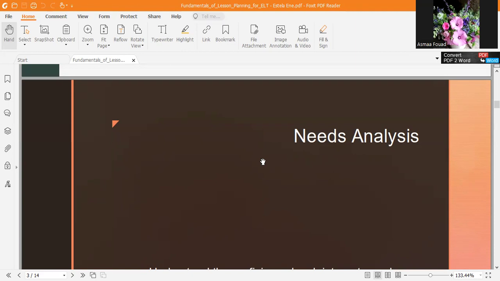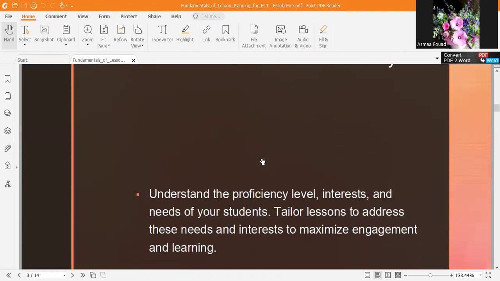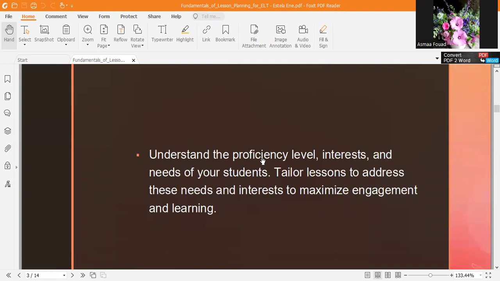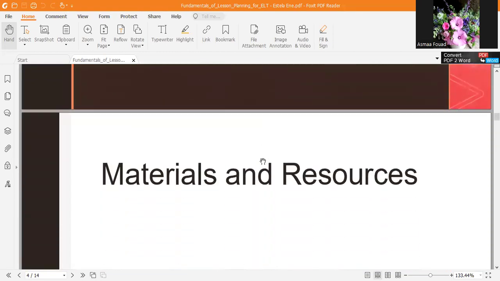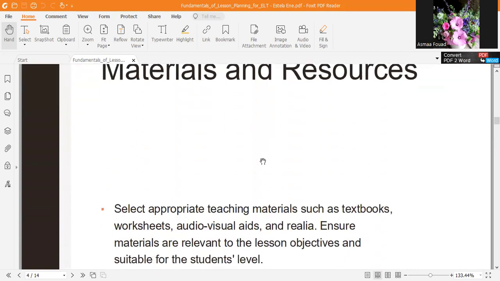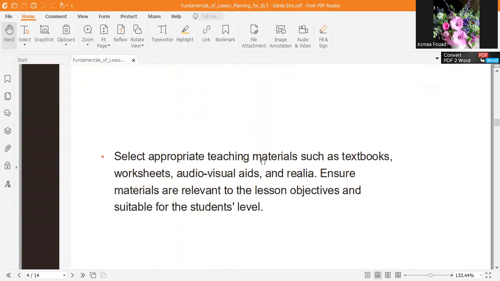Needs analysis is important to help you know what exactly students need, to understand their proficiency level, their interests, and their needs in the beginning, to address these needs and interests to maximize engagement and learning. Okay, the materials and resources are important because this will help you to select some teaching materials like